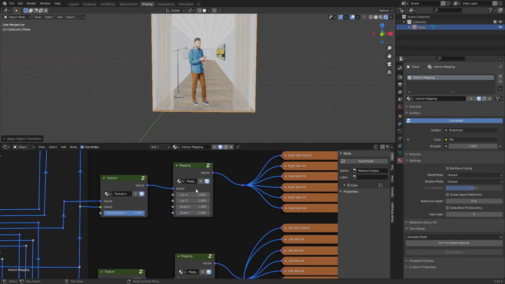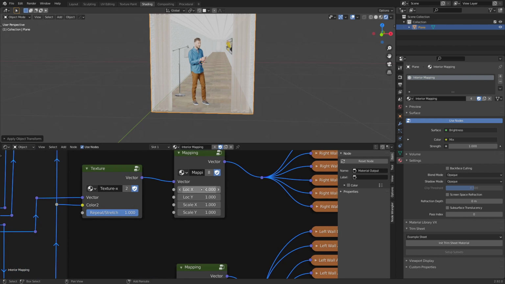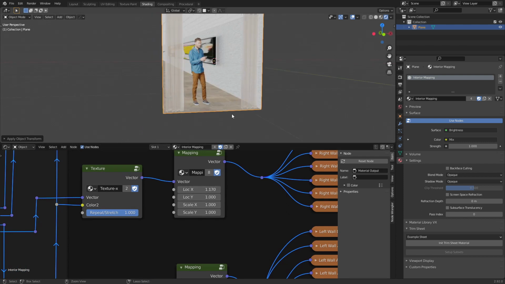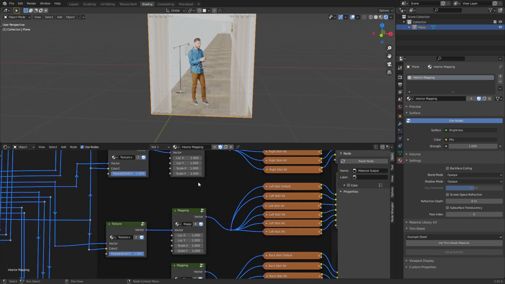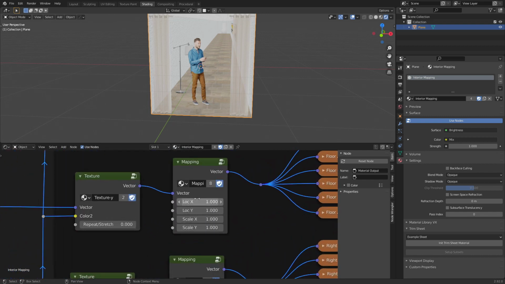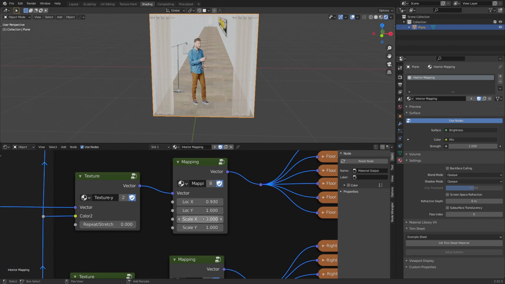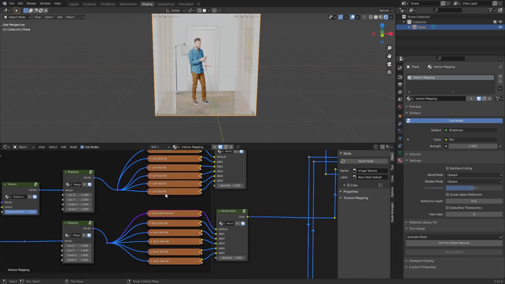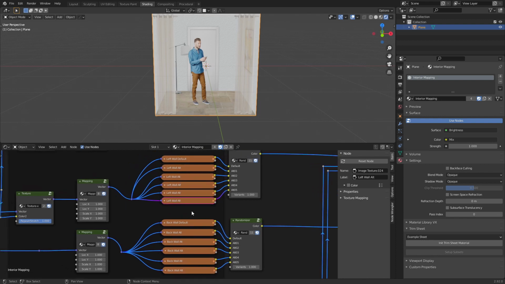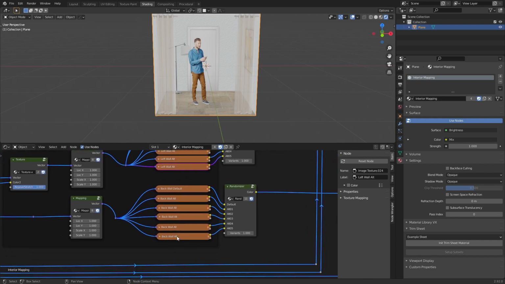Then this is just a mapping, but I left out the things that you are not going to use. So you can change the location, and let's do it with the floor. Here you can change the location and the scale like a regular mapping. I thought this to match each other. If it lands on this texture here for the left wall, it will also use the last texture of the back wall. That way you can maybe make one room blue, one red, or whatever, and they will match